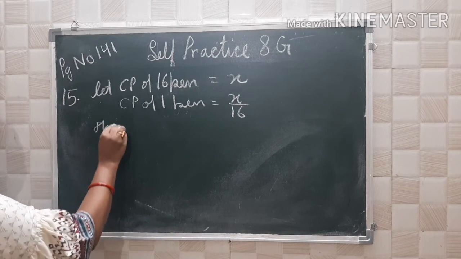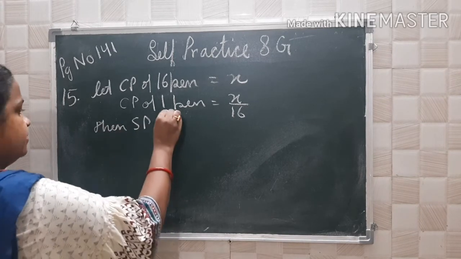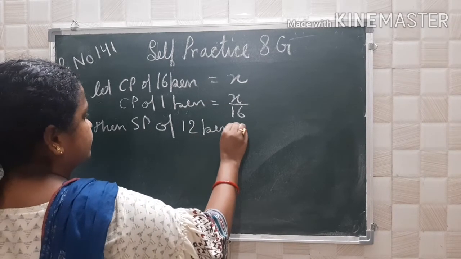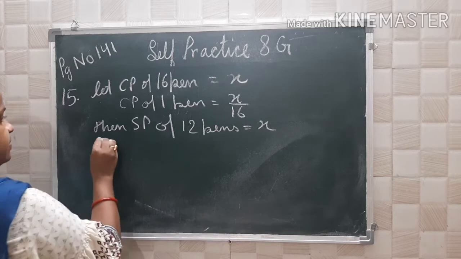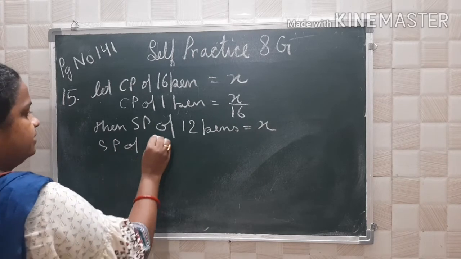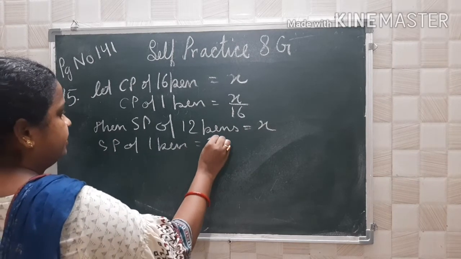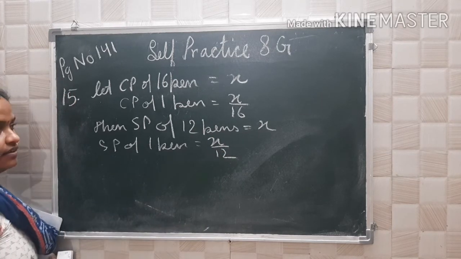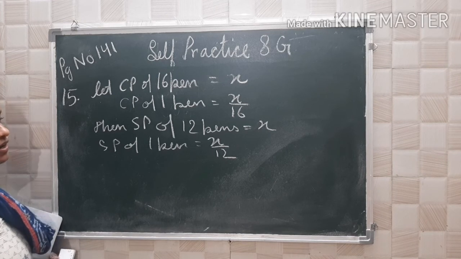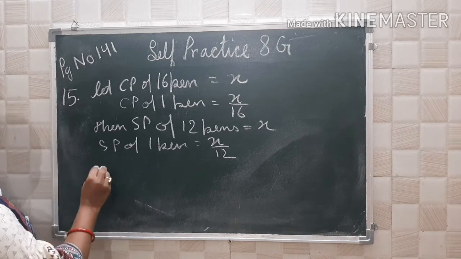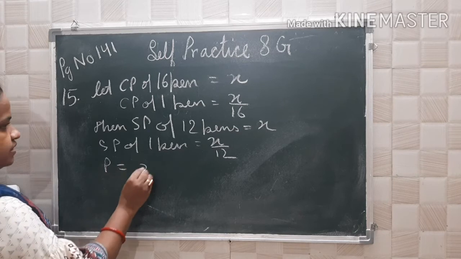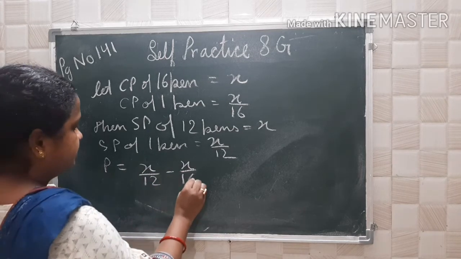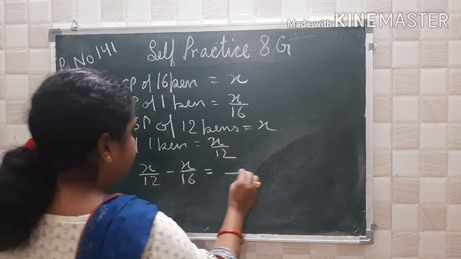Then the SP of 12 pens is equal to x. SP of 1 pen is x by 12. So which is more, x by 16 or x by 12? x by 12 will be more, so you will have profit. So profit is equal to x by 12 minus x by 16, which is equal to